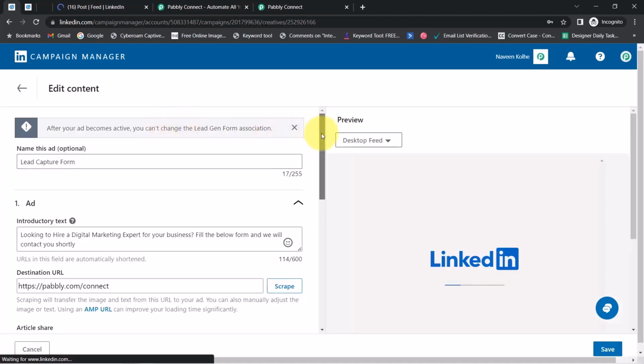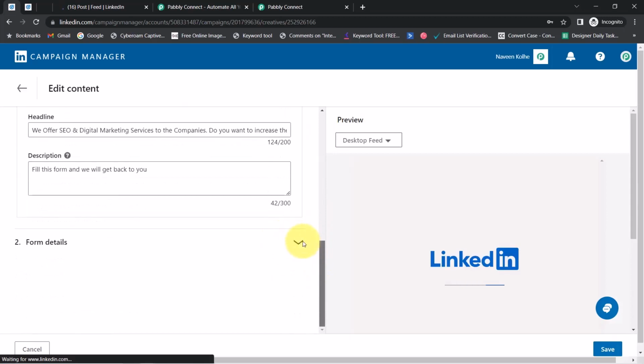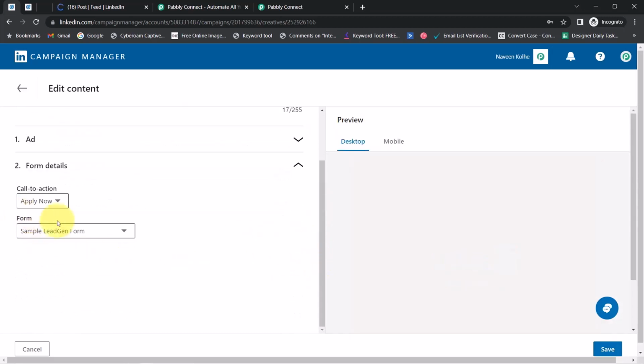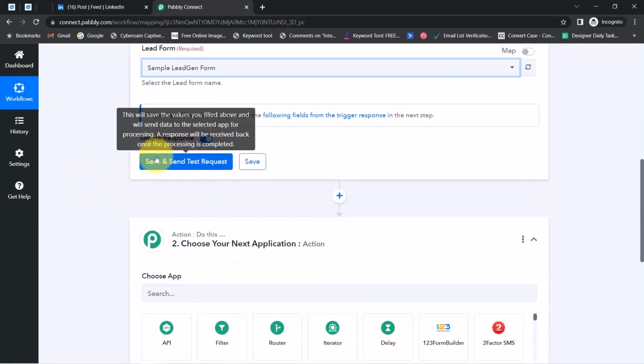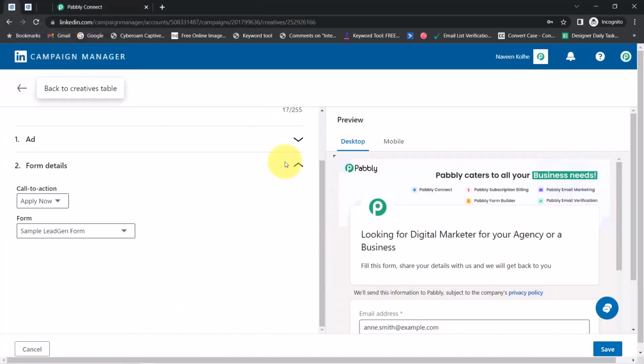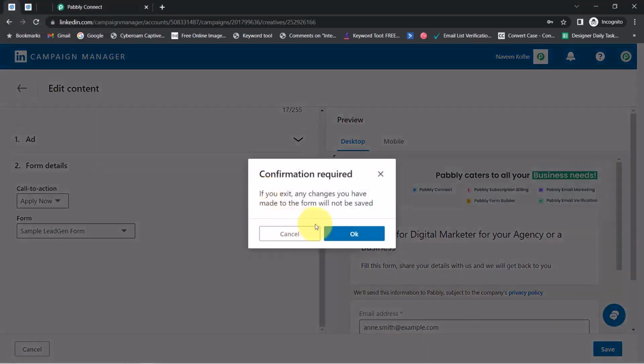Alright, so this is my form. I will scroll down and then I will open this form details and you will notice this sample lead generation form. Okay, so that is why I am selecting this specific form. Now before I click on this button, firstly I'm going to make a dummy submission inside my LinkedIn lead